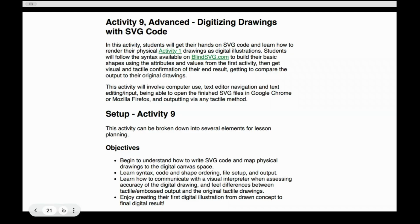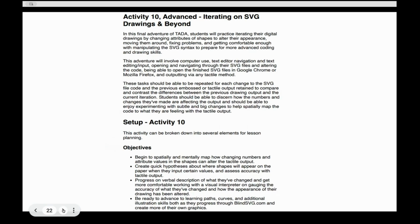Once your dot paper is littered with shapes and symbols from your travels, it's time to digitize your discoveries in Lesson 9. Transfer your trail maps onto computers to transform sketches into digital images using SVG code. Morph from adventurer to coder as you crack the syntax safari, telling the secrets of shapes and values to your text editor. Embark through basic shape territory, then traverse more complex shape jungles by arranging code waterfalls that cascade from